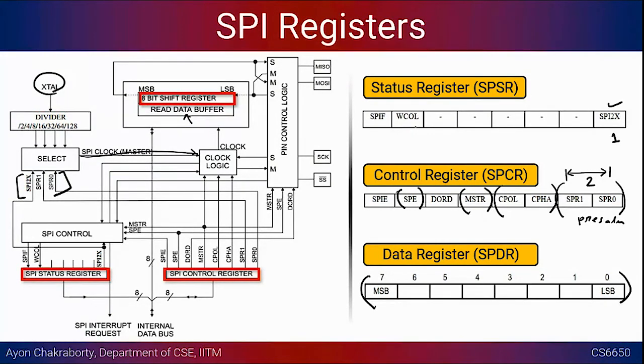This is the speed doubler, and then this is something that we will use. This is basically the SPI interrupt flag, and this is the SPI interrupt enable. If the data transport has been completed, so it was shifting the data, and let's say all the 8 bits have been shifted to either the master or the slave, it is going to raise an interrupt after that, indicating that your data transfer operation has finished. So you have to go and serve a particular interrupt. You can enable those interrupts using the SPIE flag, and SPIF is basically the interrupt flag which can be cleared.